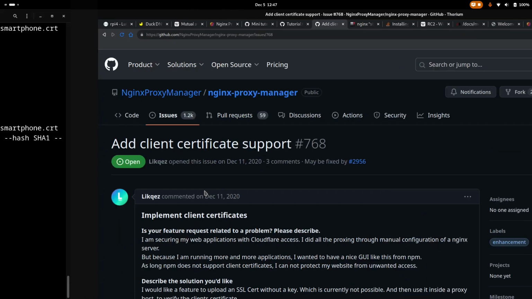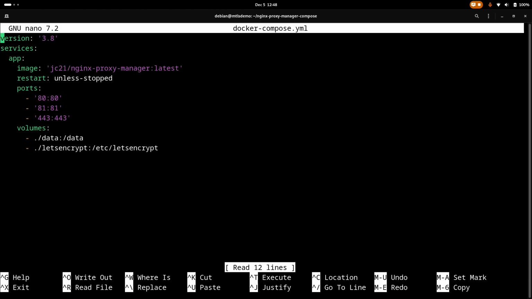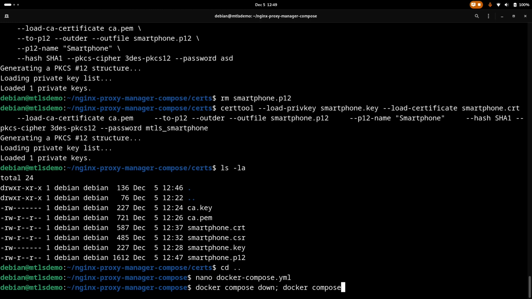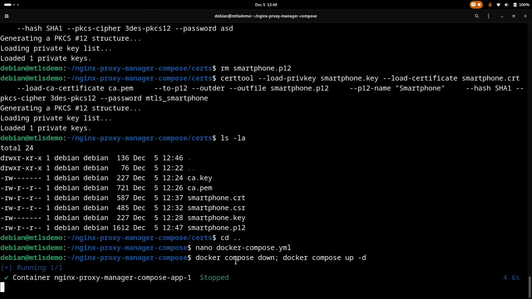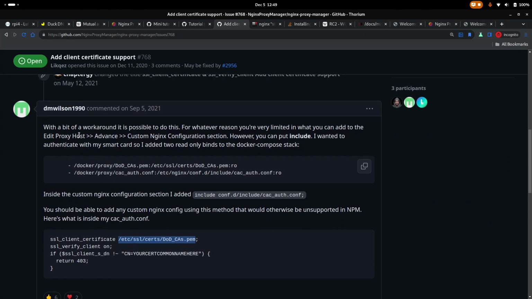So the first thing we need to do is to share the ca.pem file with Nginx Proxy Manager. So I will just mount this single file in our container, and I will bind it to this directory in my container. Right now the only thing left to do is to restart the container and edit the configuration as did the